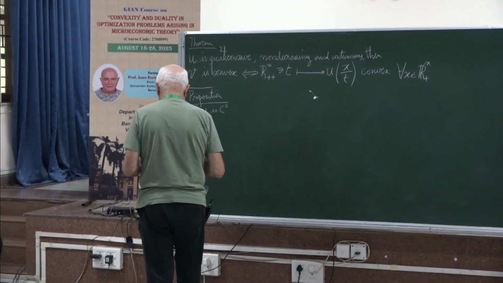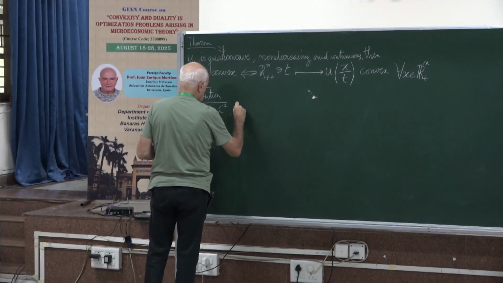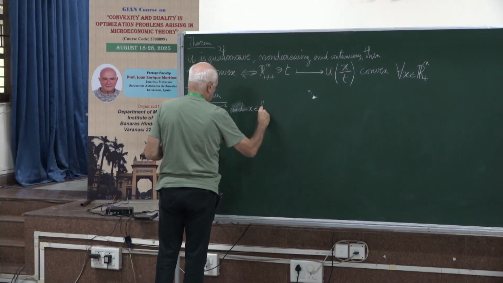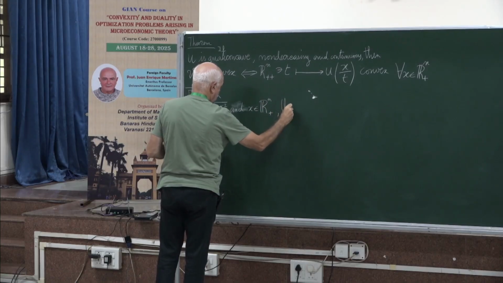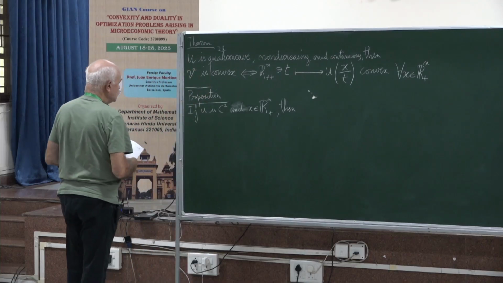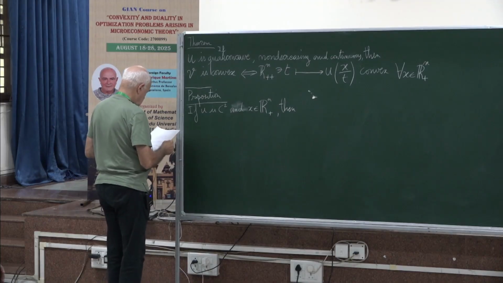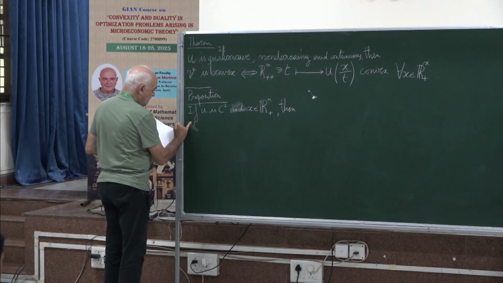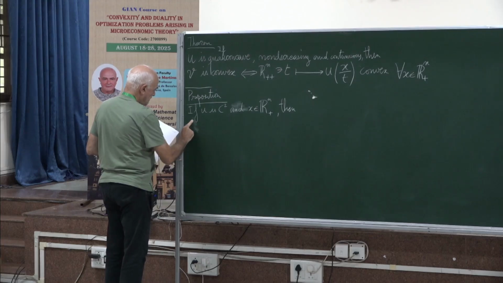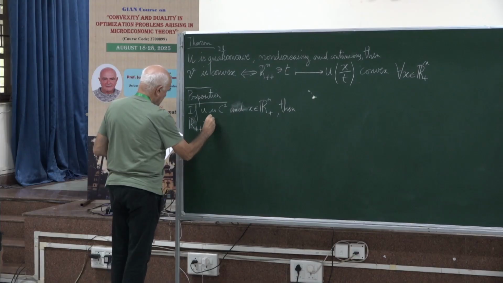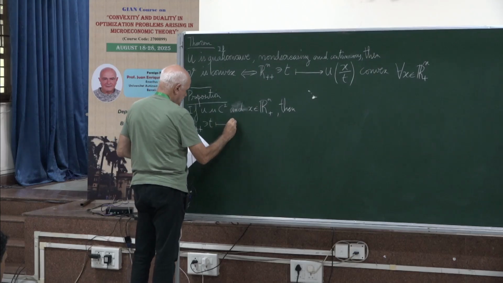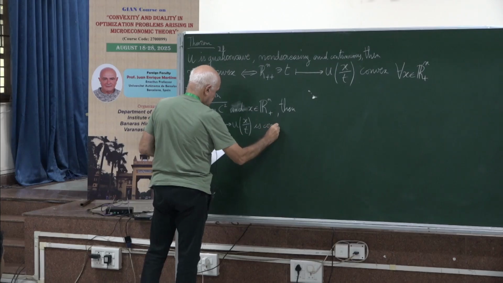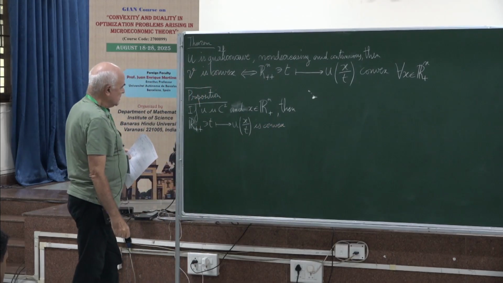So if U is C2, and x is in R plus N, this convexity along rays property is satisfied